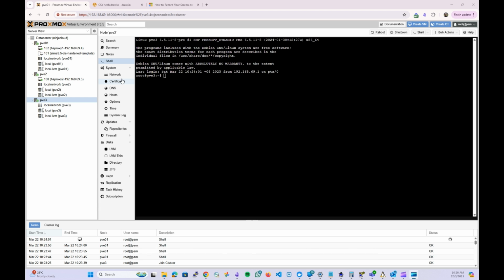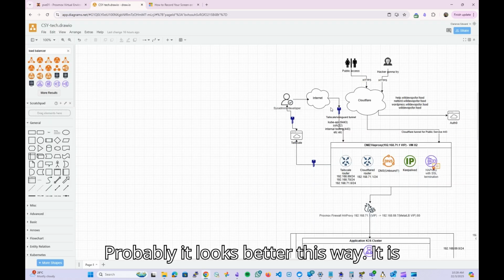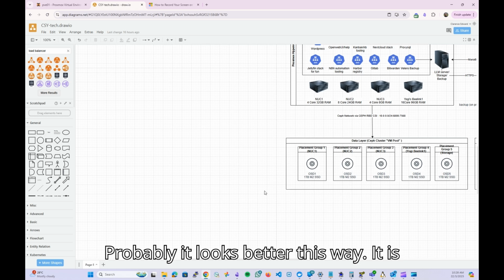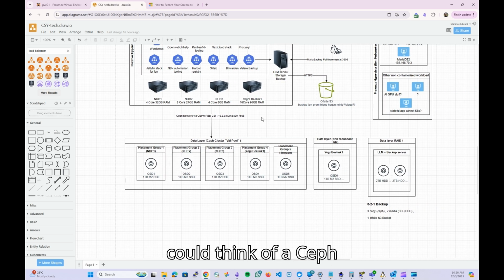I'm going to create a Ceph cluster. So what is Ceph? Okay, let me show you a picture. Maybe it looks better this way. Maybe it's easier to understand this way. You could think of a Ceph